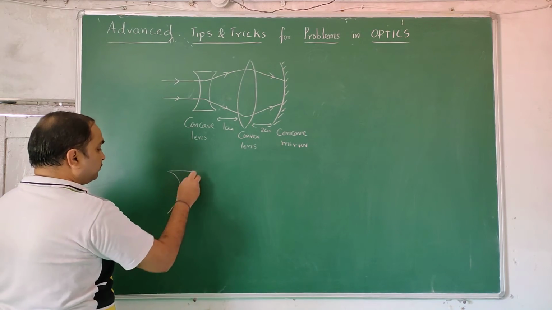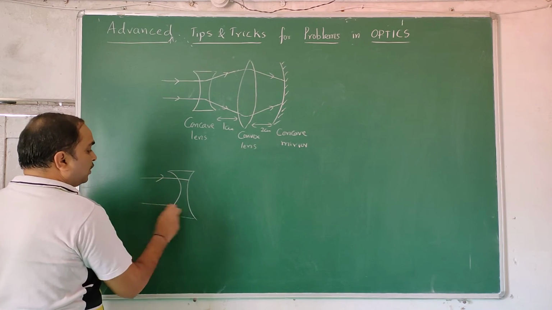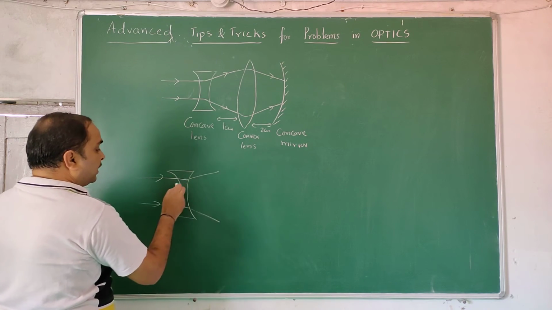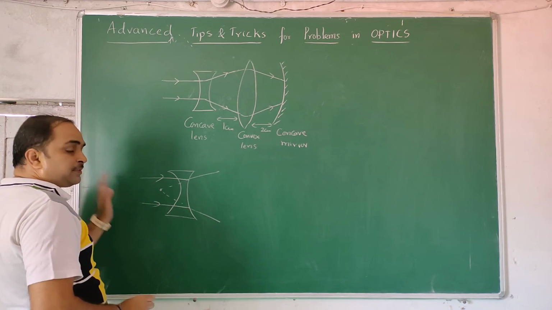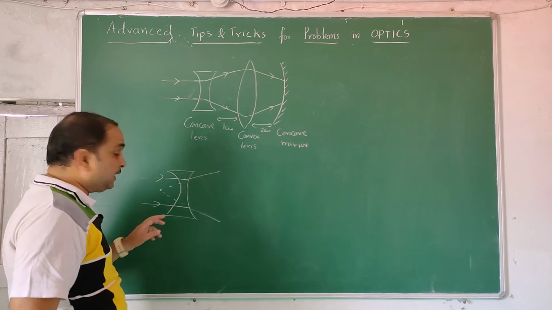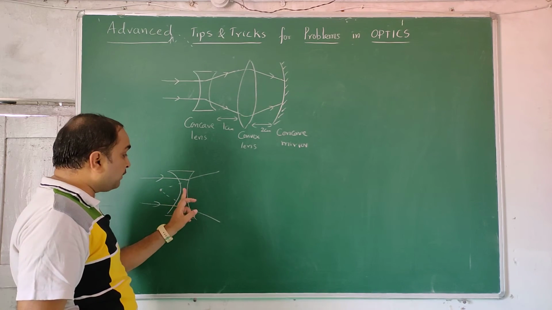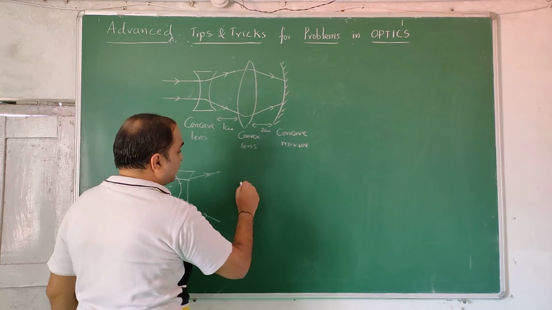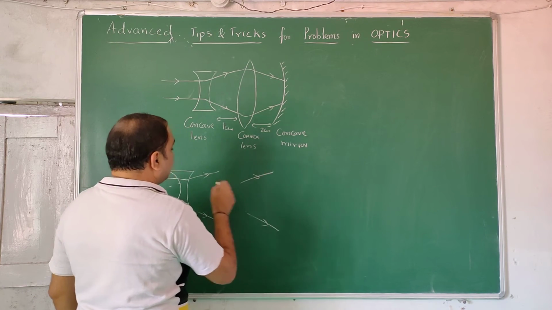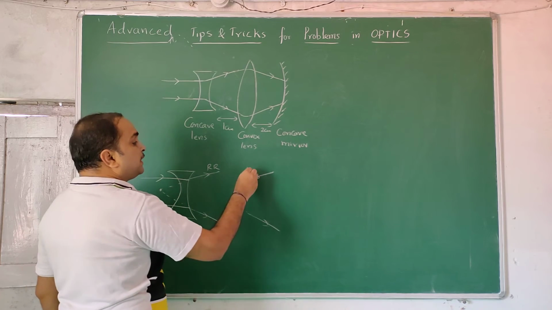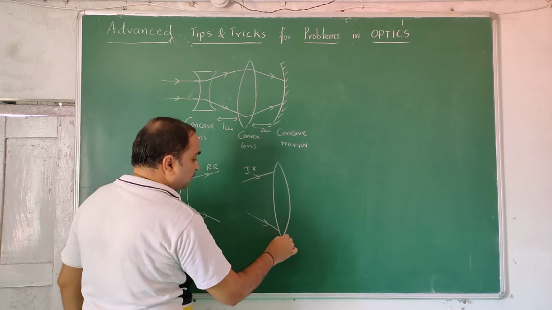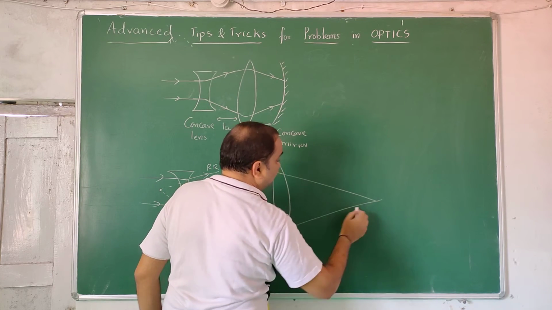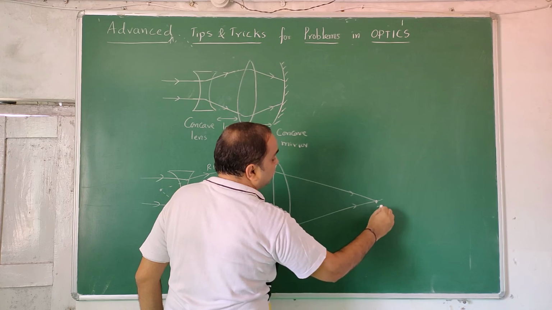So take the concave lens first. Where is the object? Suppose it is extended, so the image is going to be on the left side. So the object is on the left side, the image is on the left side. Left side objects are real, left side images are virtual for lenses. Once this is over, now you take these rays. These are refracted rays for this lens, and they become incident rays for the next lens. Basing on this, if they converge, you will get some converging point. This is a real image,